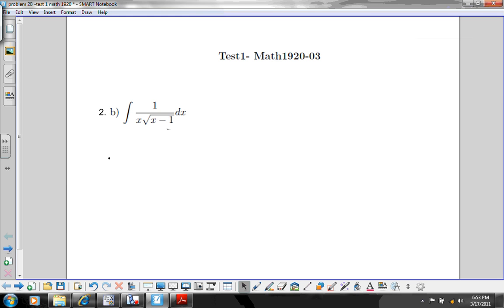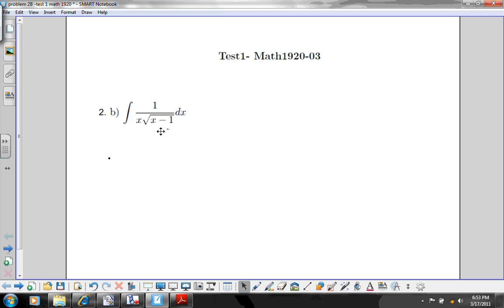Okay, now we're looking at test 1, problem 2b. We've got the integral of 1 over x square root of x minus 1 dx. At first glance, it doesn't look like anything that we recognize, but because we have this x on the outside, this square root, and an x minus 1 on the inside, we think, well, maybe let's think about the inverse